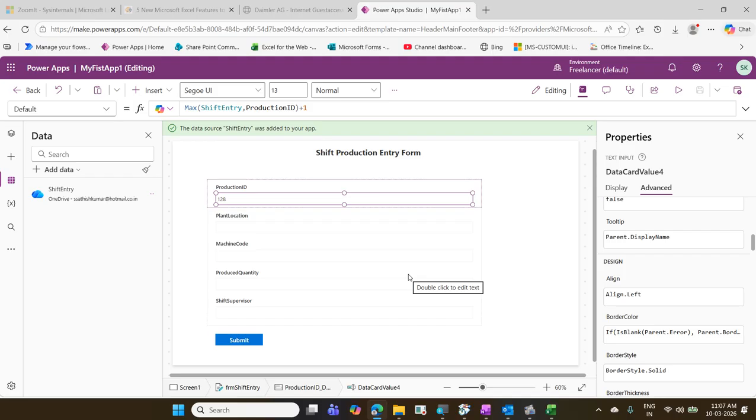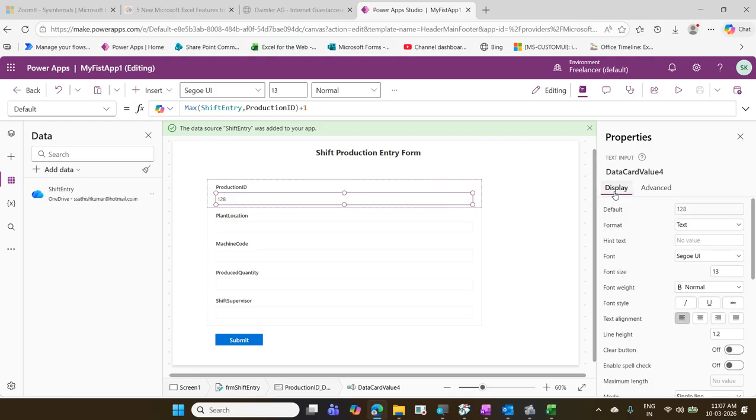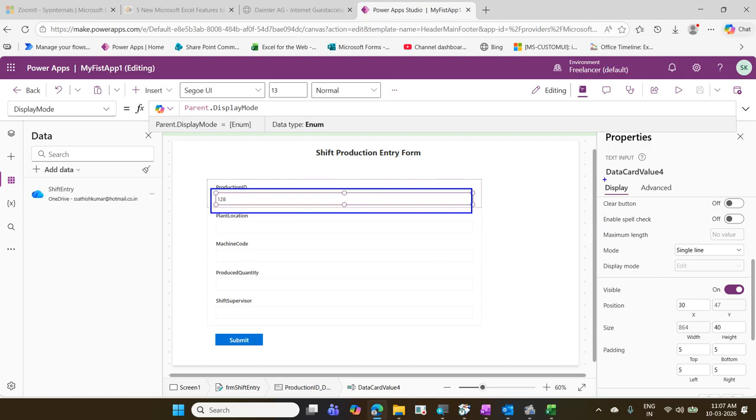You can go to the display, or it is better to select the display mode. Under display, the first one, display mode, is edit. When I click on display mode edit, you can see on the top you are getting parent.display mode. I selected the box and went to display, and under display I selected the display mode. When I selected it, on top you are getting parent.display mode